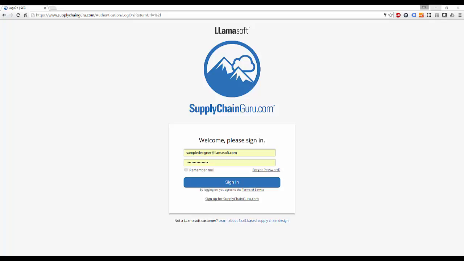Today I will introduce and cover a few basic functions of SupplyChainGuru.com. SupplyChainGuru.com can be used to collaborate with others, as well as used to collaborate with LlamaSoft support and staff. SupplyChainGuru.com can also be used to run your model on a bank of design engines on the cloud that will